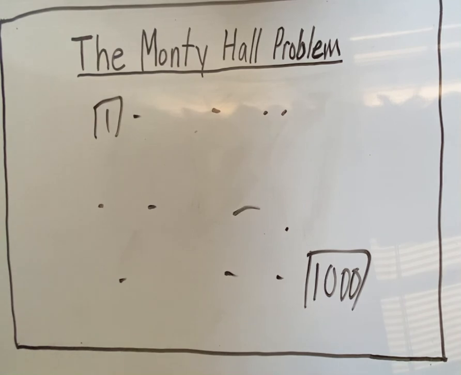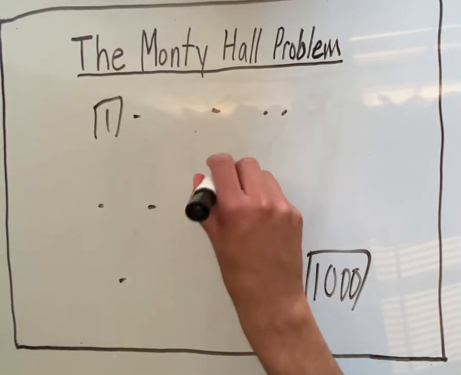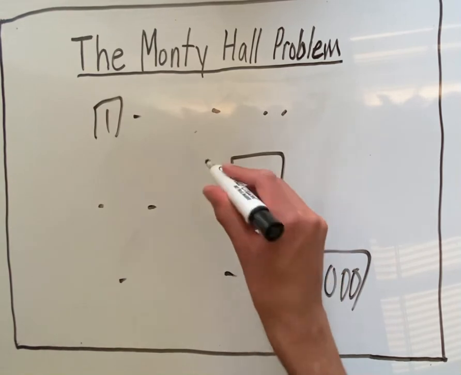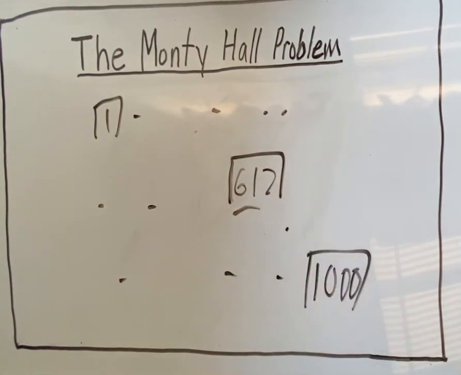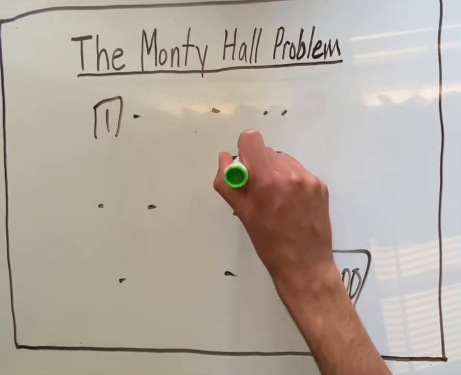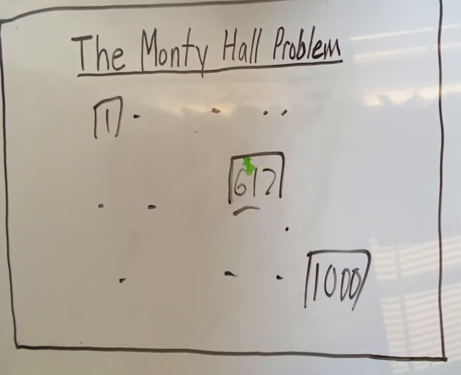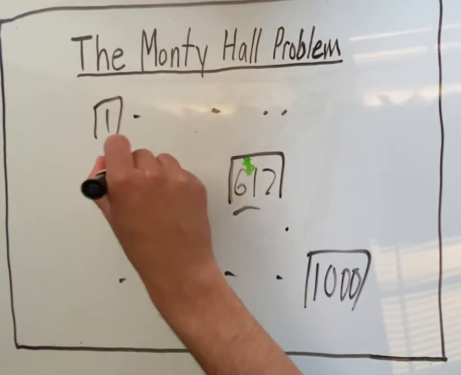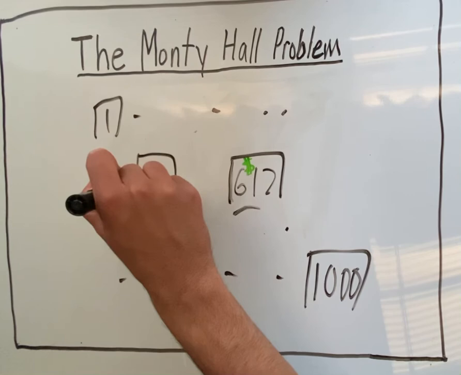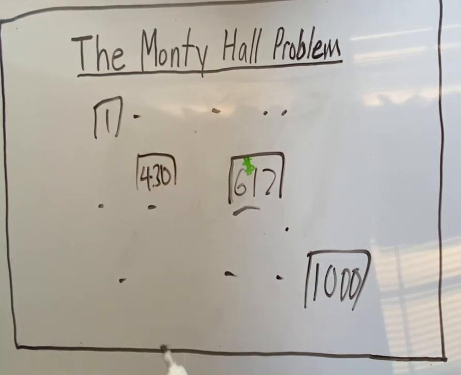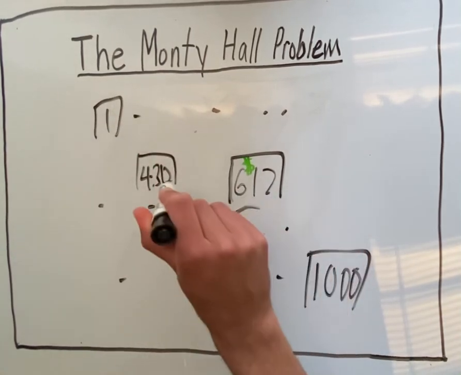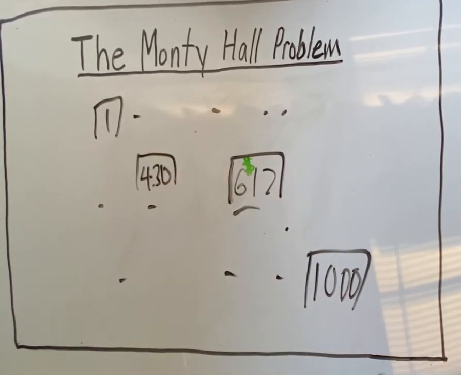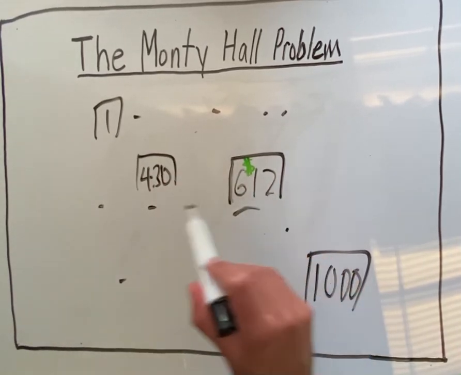So let's suppose that the money just happens to be in door number 612. Why not? So this door has the money. Now, at the beginning, you are just choosing at random from 1,000 doors. You're quite unlikely to just happen to choose that door by chance. There's a 1 in 1,000 chance. So you select some other door. Let's say you happen to pick door 430. Then every door except for 612 and 430 is opened, and you know that they're all empty. Then you have the option to switch or stay the same.